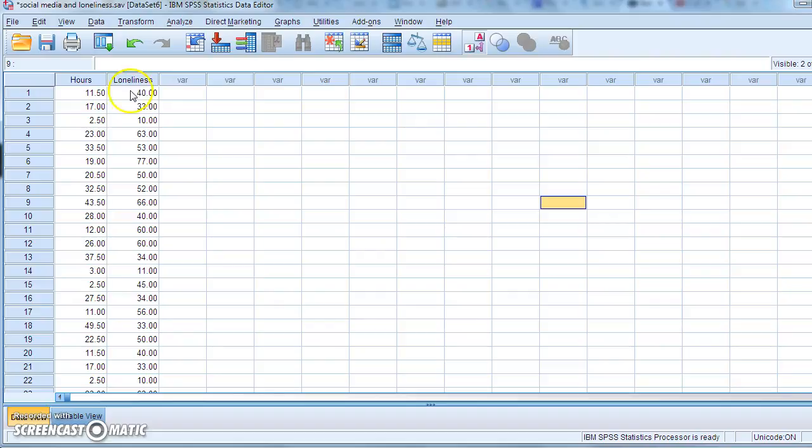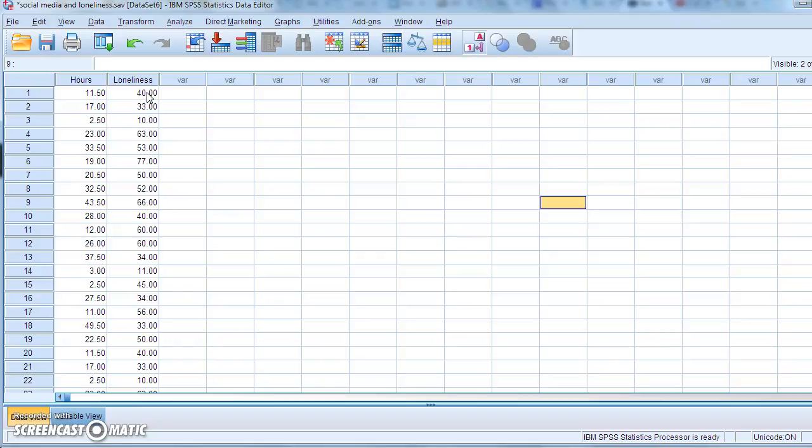Well, hours clearly is a ratio scale, because if you represent no hours on social media, then that means you've spent no time at all. So 0 is truly 0. It's a ratio scale. Loneliness is the score of a questionnaire, and these are the total questionnaire scores. Whatever 0 means, no social contact at all, the bigger the score here, the more lonely you are. So what 0 means is not necessarily that clear. So we could say that this is probably an interval measure.